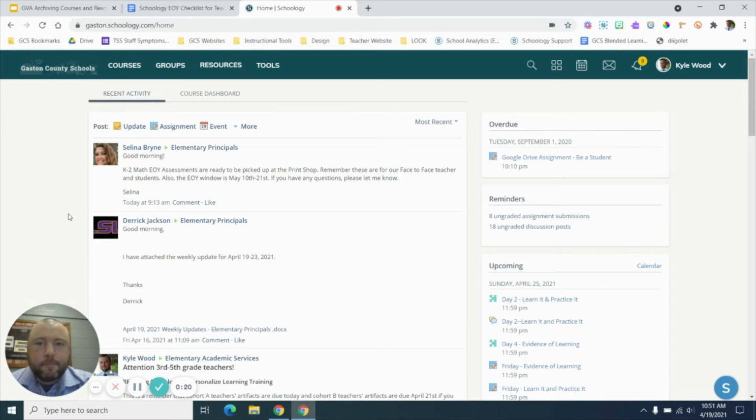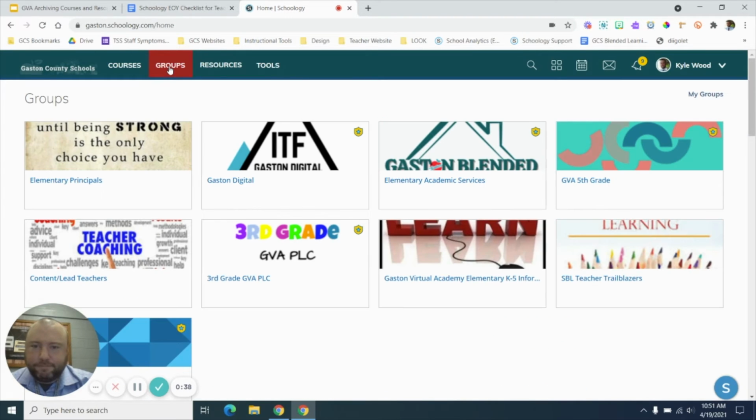your Google login. And you can even add people that might have moved to your grade level and remove those that might have left over the summer and as the next school year starts. So the only maintenance you need to do to groups would be the maintenance of members. So remember, this is how you would do that. You'd click on groups at the top, click on whatever group you would like to edit,